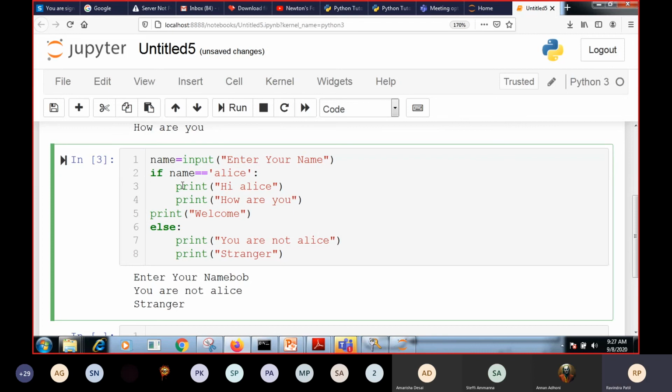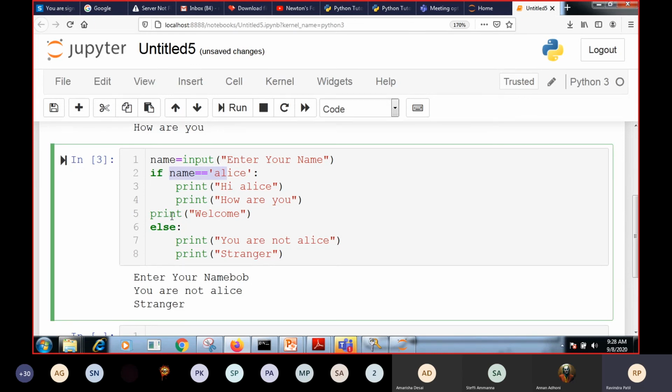So when we look at the spaces of these two statements, if this condition executes successfully, or evaluates to true, these two statements are going to execute, but the indentation of this statement is different. We'll see what happens. With respect to syntax, or what the interpreter expects, if this condition results in true, this set of statements is going to execute. If this condition evaluates to false, it is going to expect else.